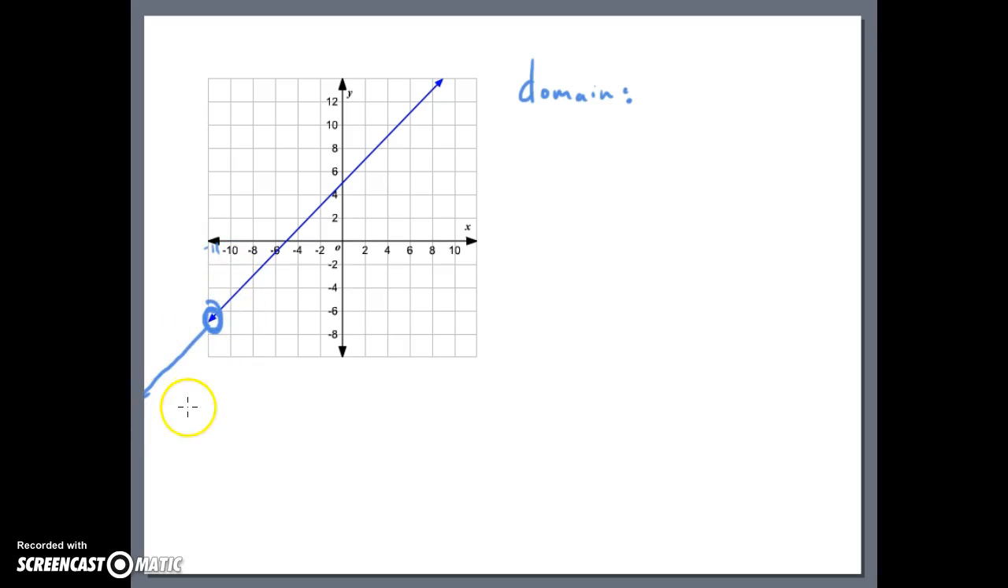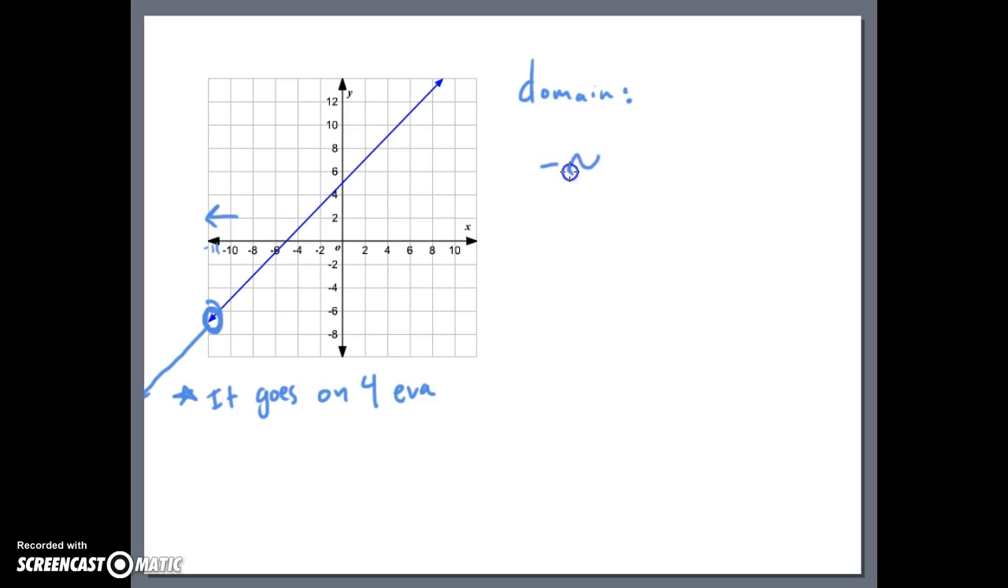Never! When you have an arrow, it goes on forever. This is something I would write down in your notebook. It goes on forever. So this arrow is going to keep going down and to the left, and if it keeps going to the left, what's going to be our smallest x value? Well, if the arrow never stops, then that means it goes all the way to